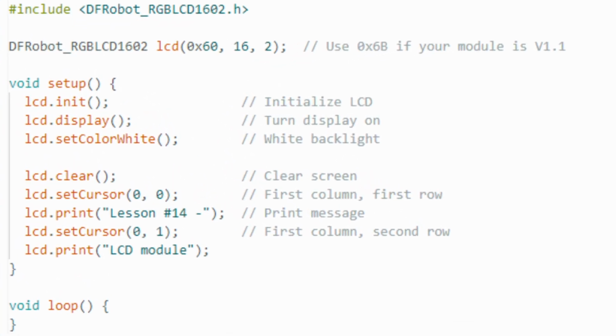First, we import the correct library and create an object that allows us to control the LCD. This object is basically our way of talking to the screen. Inside the setup function, we initialize the display, clear any previous data, and print our message. One very important thing to keep in mind is that each row can only display 16 characters at a time. If your message is longer than that, you need to split it across 2 rows, which is exactly what I